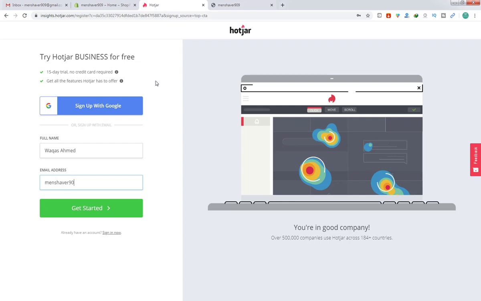I hope everyone has bought domain names and customized emails to represent your brand names. If you want, you can buy the custom email plan from your domain provider, or if you want, I can give you a trick on how to create a custom email domain, like for example this one, menshaver909.com.